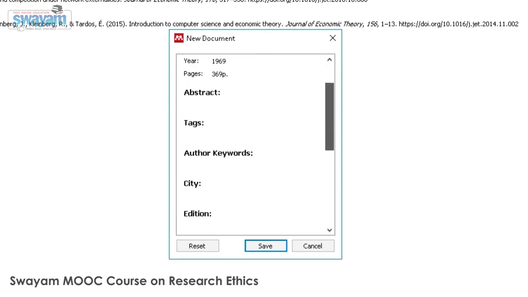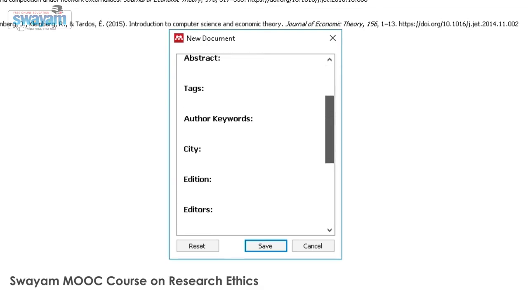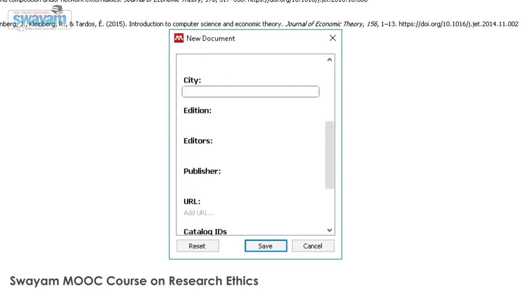These are certain fields which you may enter if you have all the details. Abstract you can put, tags you can put. If it is an edition, you can mention the edition and city name.